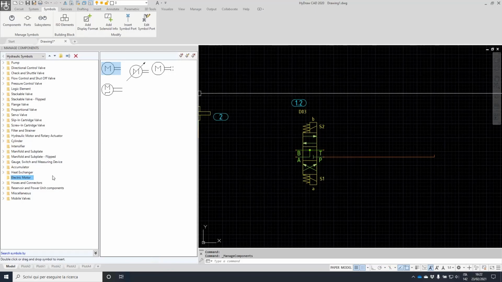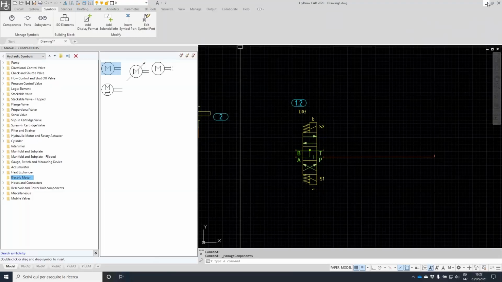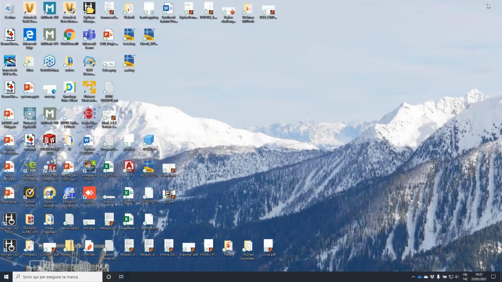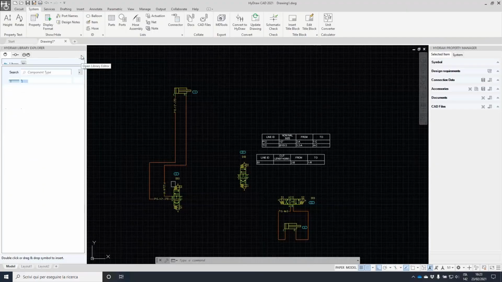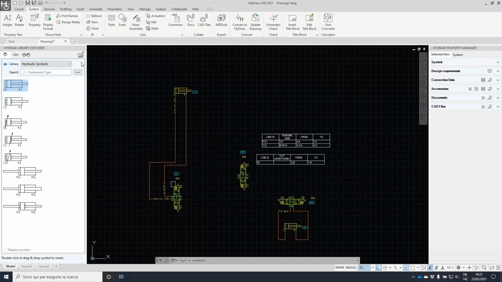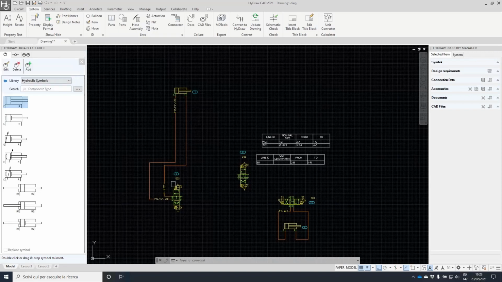But this Explorer was different from the Library Explorer. So now we made a step back and improved the Library Explorer, and now it is possible to do everything directly in the Library Explorer. Basically, if you want to edit a symbol, you just enter a library edit mode. It's one command only, and you enter an edit mode. Now the symbol is here. Let's say that I can delete, add a new symbol, or edit. If I need to edit a symbol in the library,